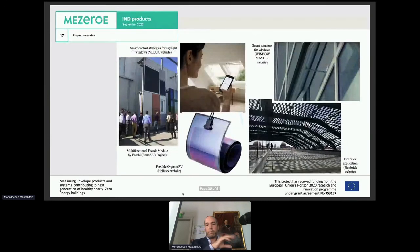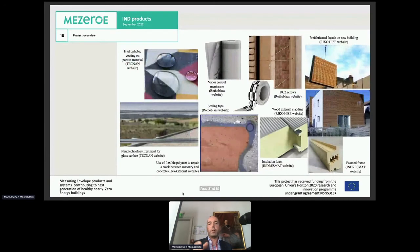And this is just a few snapshots of the products we have started testing. You see there are multifunctional facade modules, smart control systems and strategies for windows, flexible organic photovoltaics, and smart actuators for windows. The flexible application is essentially a combination of a flexible material with photovoltaics embedded. But we also have other materials, like hydrophobic coating. We have sealing tapes. We have construction systems that are supposed to better distribute the structural loads, insulation materials,